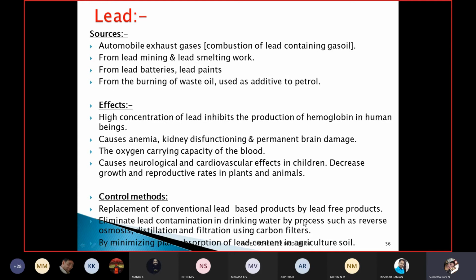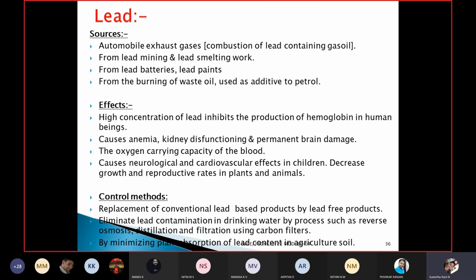If you don't use lead-free products, you can easily control the liberation of lead. Lead contaminant in drinking water can be eliminated by processes such as reverse osmosis. If you adopt the reverse osmosis method, distillation, and filtration using carbon filters, you can easily remove the lead. And by minimizing plant absorption of lead content in agricultural soil, by minimizing the use of lead,